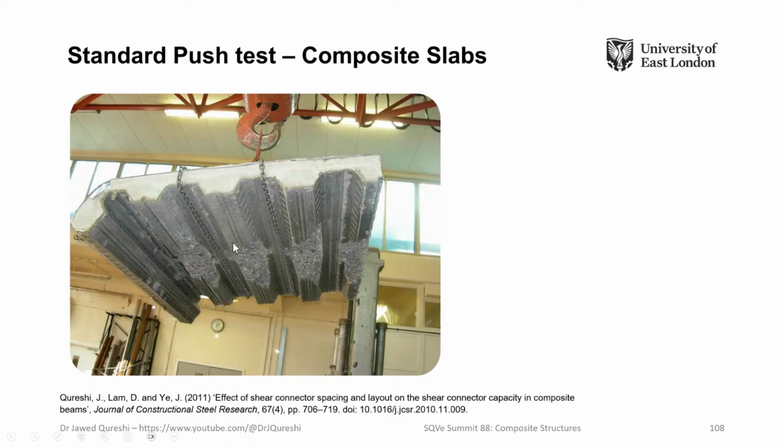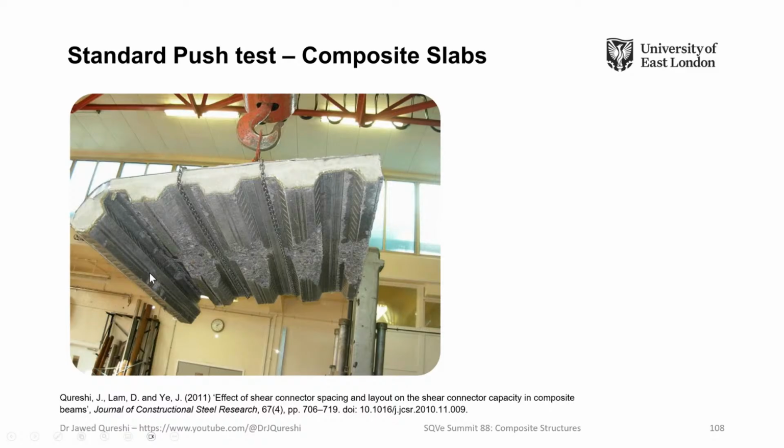And then we remove this slab from top of the profile sheeting. You can see that this is the first stud. You can see cones are quite a lot, and the last one, the stud is actually blown away from the steel beam, and then the last rib rotated.